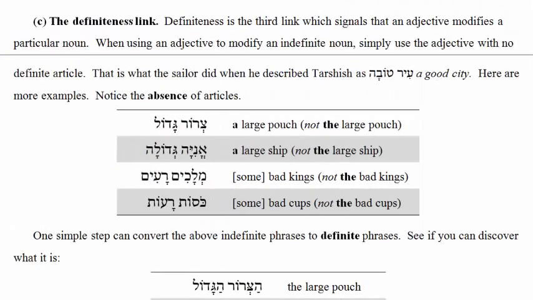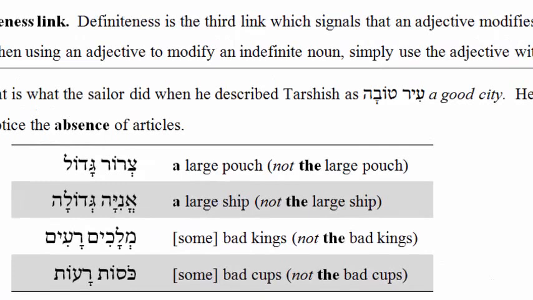The first link was a numbers link, the second was a genders link, and the third is a definiteness link. What this means is that if the noun is definite, then the adjective must also be definite. Once again, this level of specificity will help us recognize more precisely what the Hebrew is saying. We begin here with some examples of adjective phrases which are indefinite, such as ir tovah, or tzoror gadol,